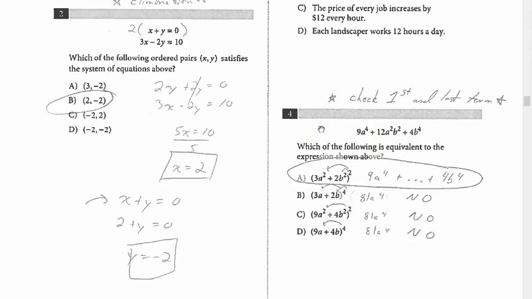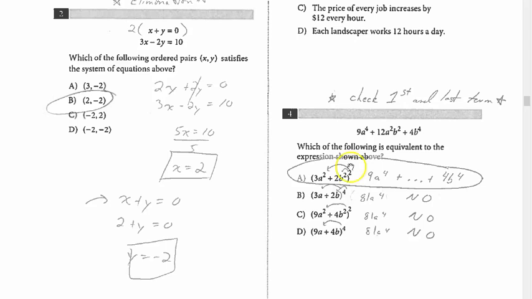So what I did here was check the first and last term. If I want to expand this first option, I would have 3a squared plus 2b squared times 3a squared plus 2b squared. My first term is 3a squared times 3a squared. That gave me 9a to the 4th. And at the end, multiplying the last terms, 2b squared times 2b squared, would give me 4b to the